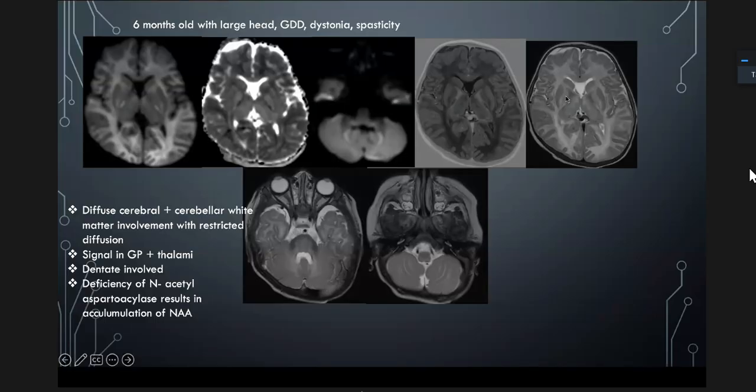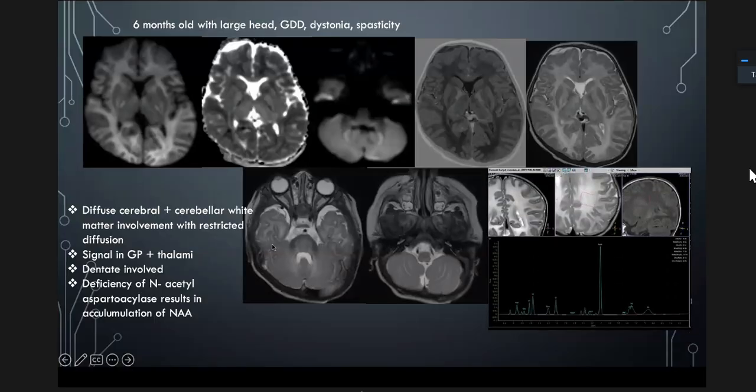So classically, here we have the involvement of the globus pallidus and the thalami. These thalami are swollen, showing T2 hyperintense signal, and also there is involvement of the brainstem and the cerebellar white matter. The MRS is extremely diagnostic of this disease. In spite of so much abnormal signal, we get this large NAA peak, and this is a case of